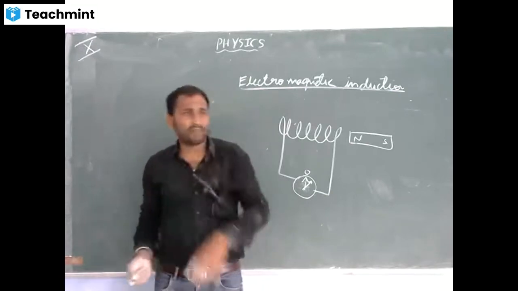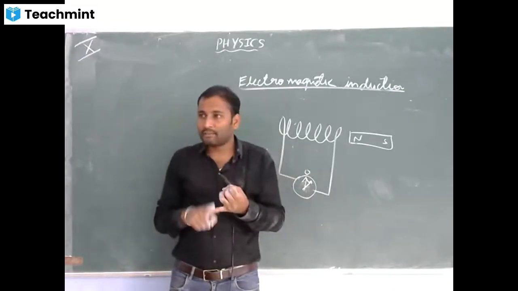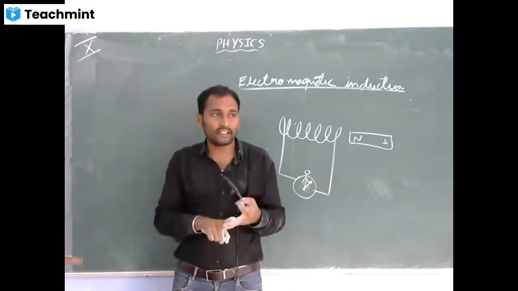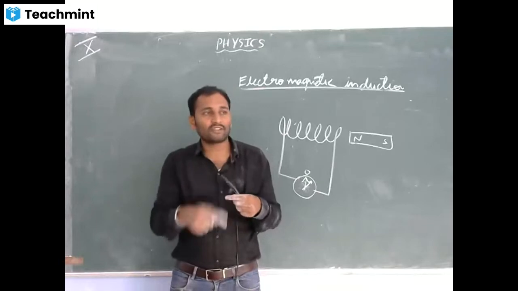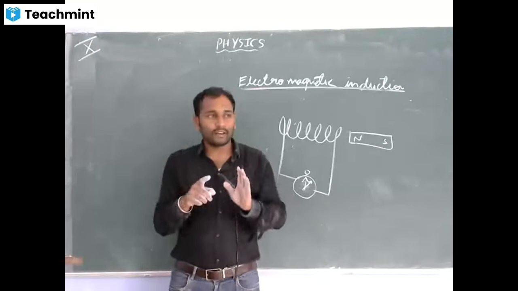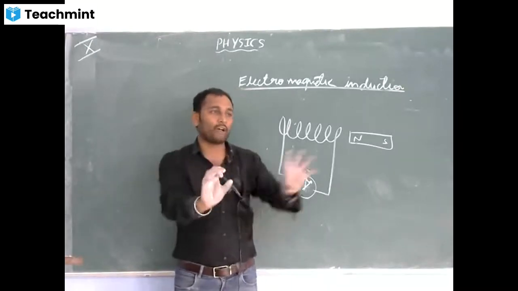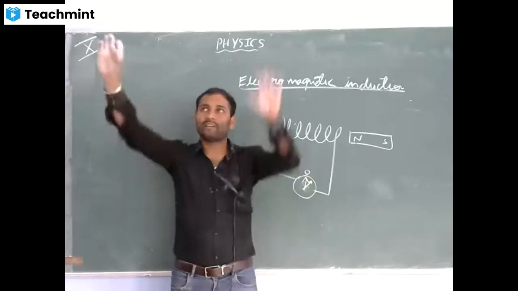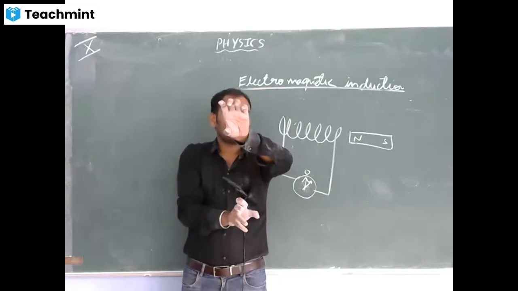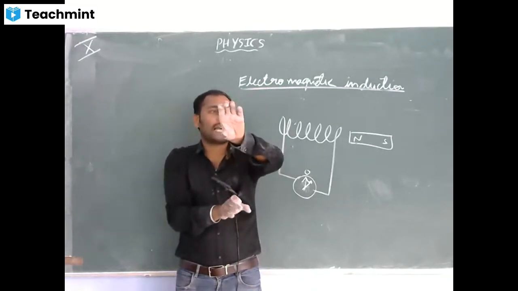What you have studied in the previous session: if you increase current, magnetic field strength increases. If we go away from the wire, magnetic field strength decreases. If we increase the number of turns of the coil, magnetic field strength increases. So here, what I am doing is inducing current. I want current, I have a magnet and a coil. So I will take the coil, move the magnet inside it, and I will get the current. Whether that current is induced or not will be shown by the galvanometer.